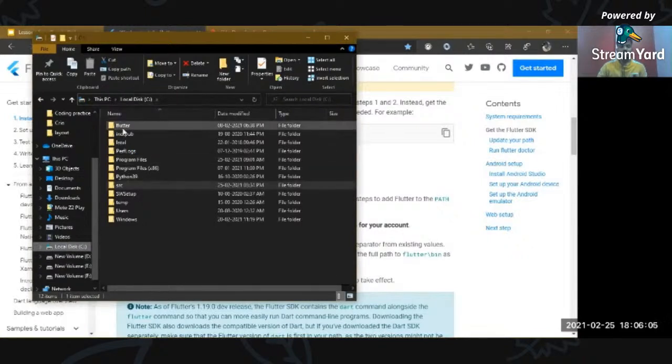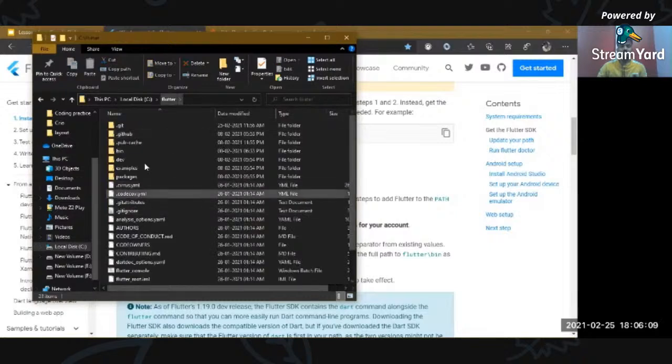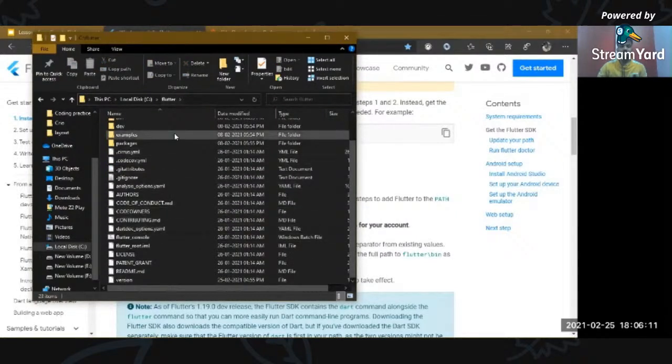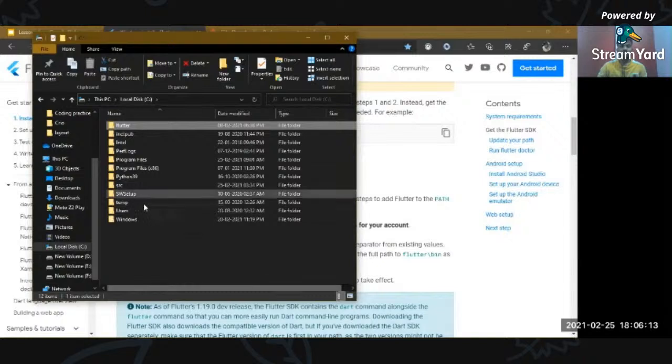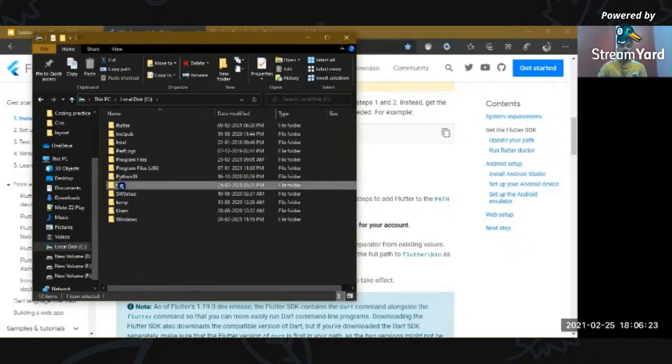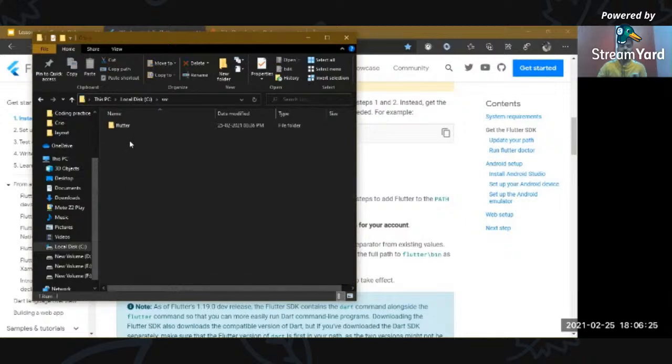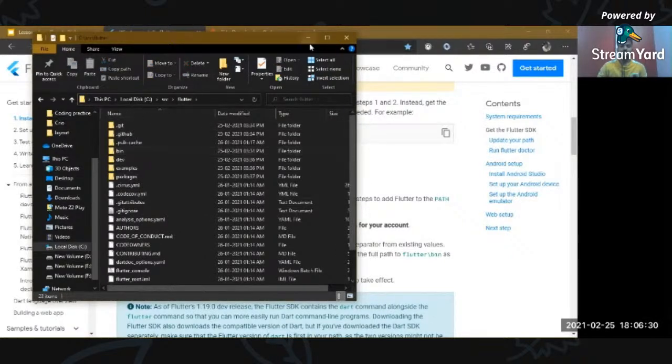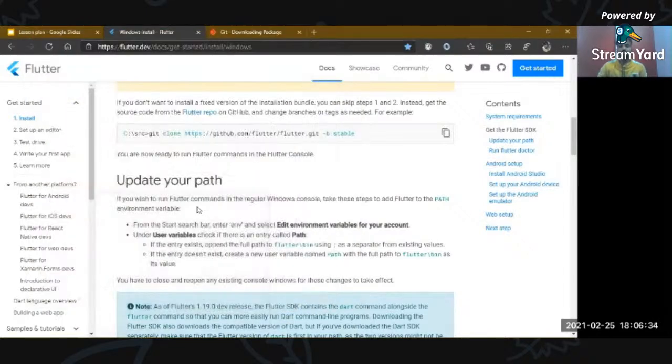If you can see C Flutter, this is the extracted folder. You can also do that, like it is mentioned. SRC is a random name, you can just create one SRC folder to denote that it is a source folder for Flutter SDK. So you can configure it like this also. Next, we will be moving on to configuring our environment variables.